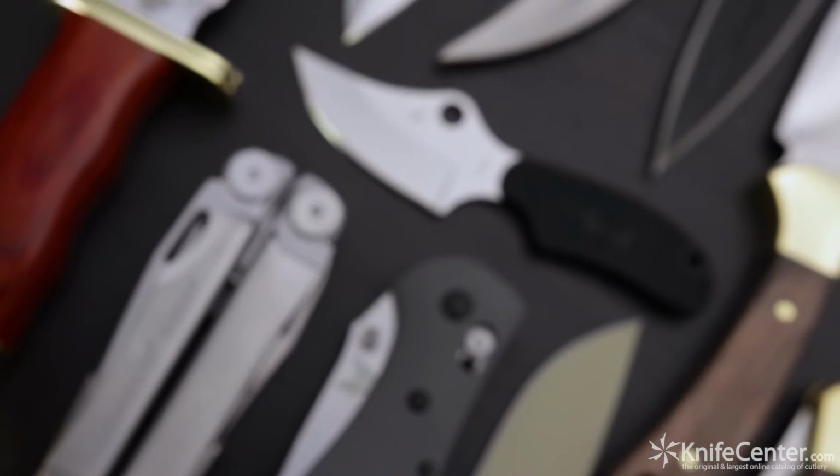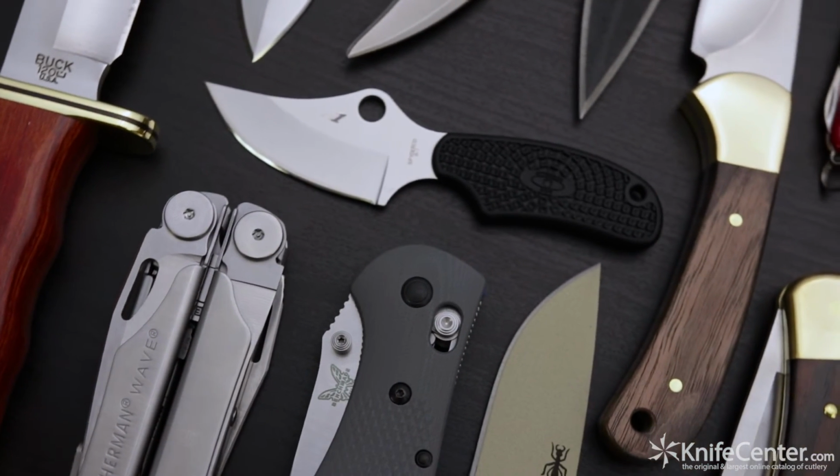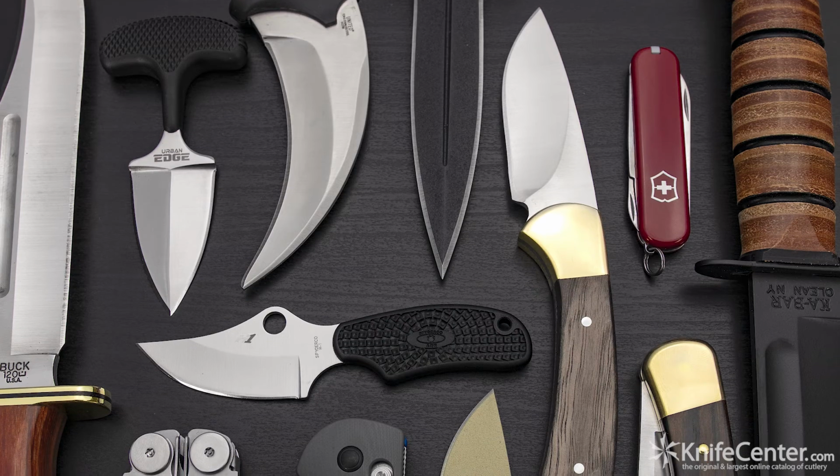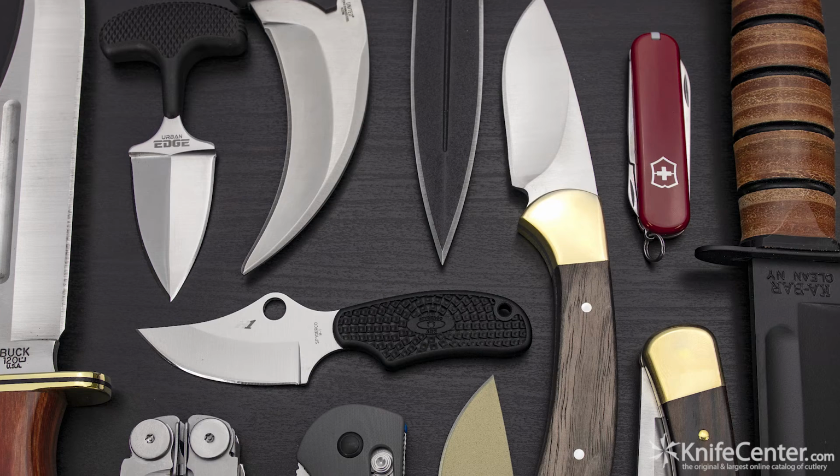Choosing your first knife isn't just a one-off, it's the start of a new hobby that will give you years of work and enjoyment. KnifeCenter is the original and largest online catalog of knives anywhere in the world, and we're